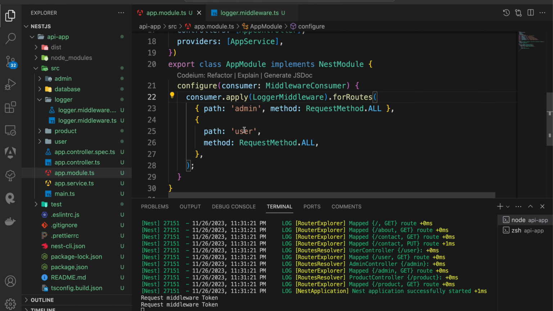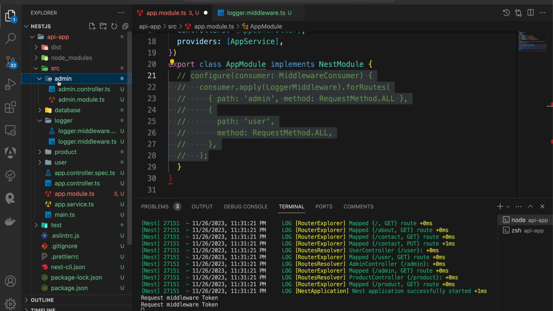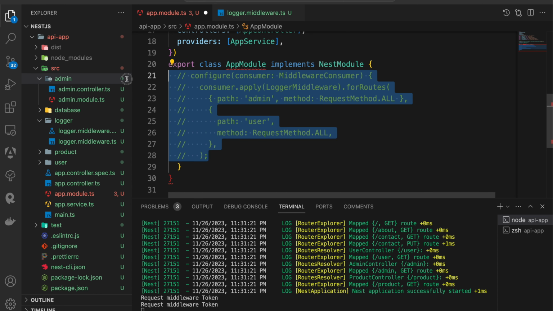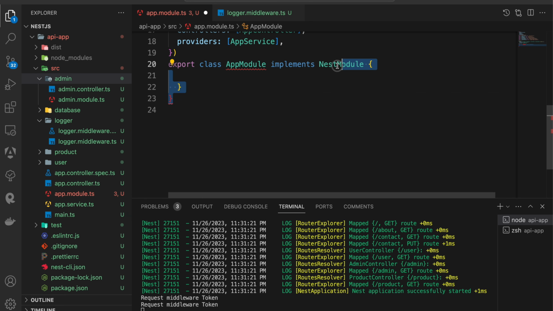Also, we can access this middleware through the controller process. If we use any controller section, we use the admin controller. For this particular purpose, if we want to access the controller, the admin controller is separate from the admin module. For that reason we cannot use this particular module in this section, and we can remove this process from this particular file,